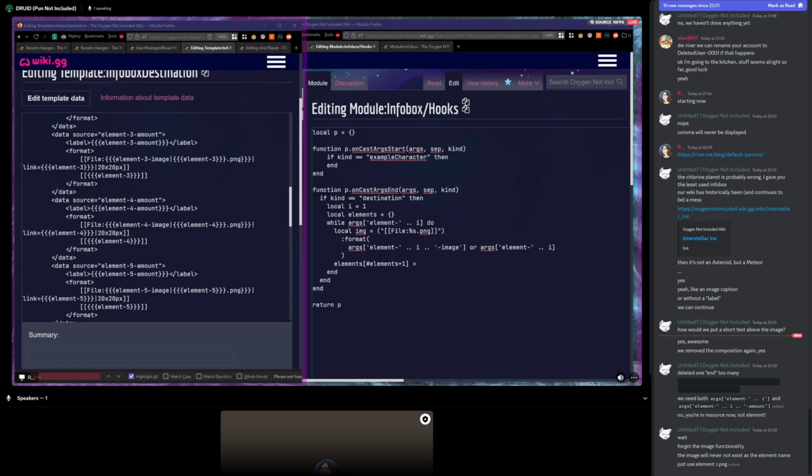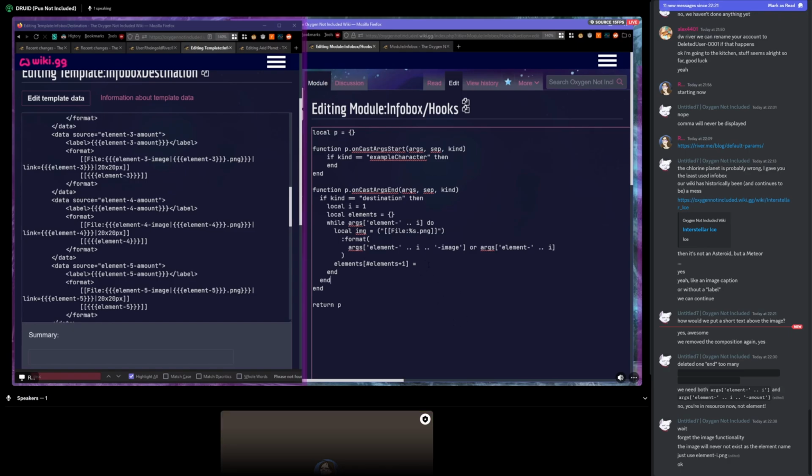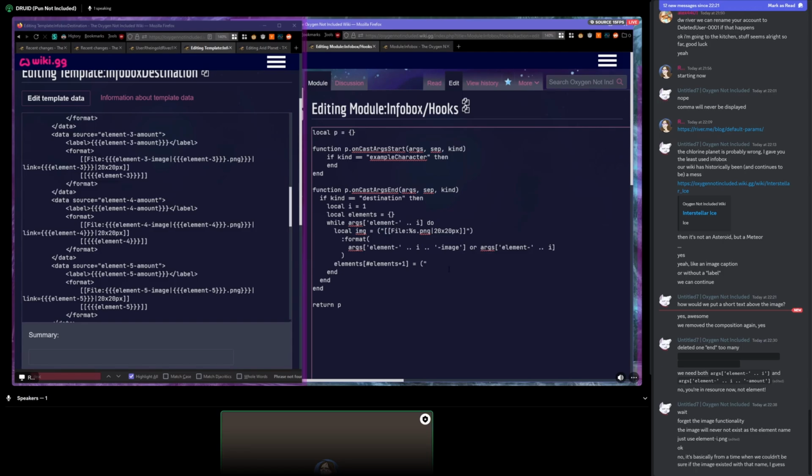Well, if this isn't wrong, then I'm leaving it because I typed it already. But if it's wrong, then I'll change it. Oh, I did actually leave out something though. There should be 20x20 pixels here. And this has a